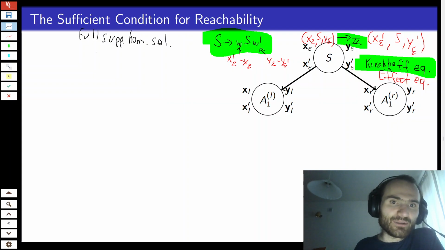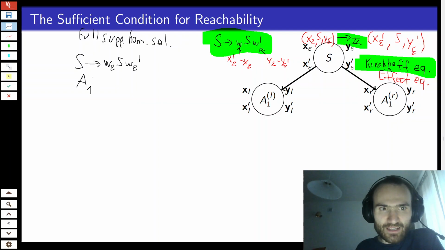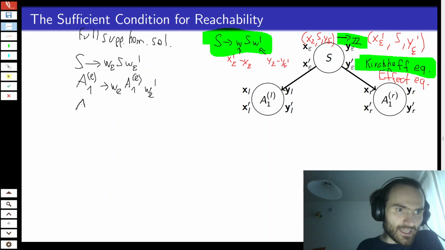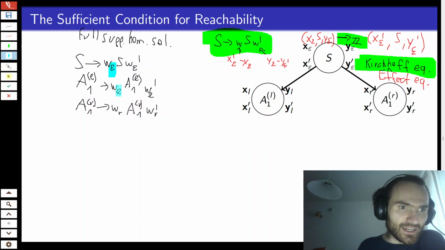Well, this means that there is a cycle S goes to W epsilon S W epsilon prime. There is a cycle A1L goes to WL A1L WL prime, and A1R goes to WR A1R WR prime. So just to explain the naming scheme, here I always write the